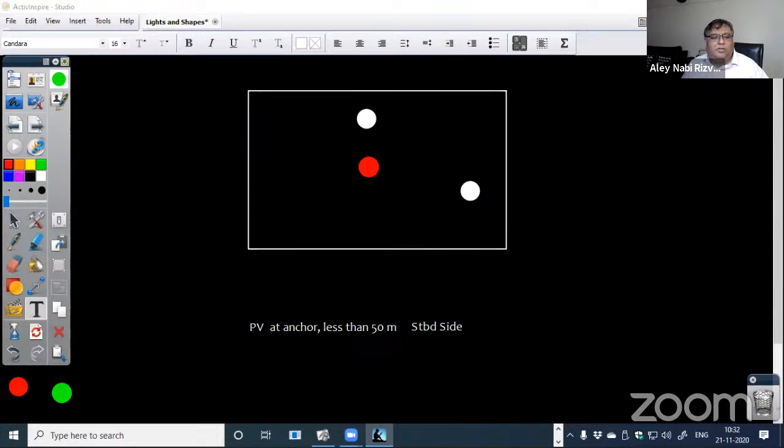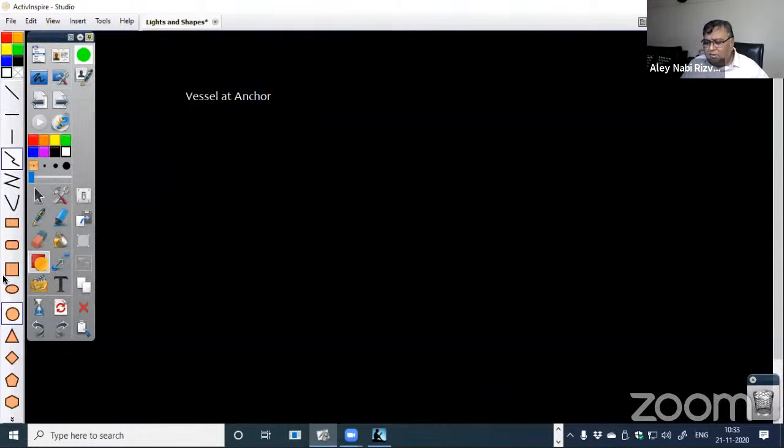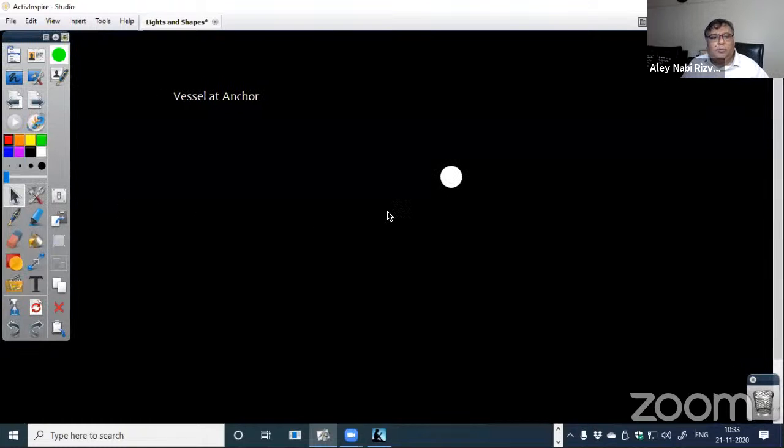So now coming back to the anchored vessel and vessel aground, let's finalize this also. Vessel at anchor will have one mast, one all-round white light, or one ball in the forepart. Quickly, I think the best part is one light forward. Let's draw this way. One white light or one ball, and at or near the stern there will be another one like this. So if I just draw quickly the ship,